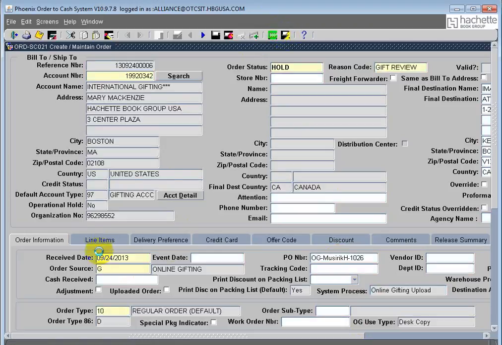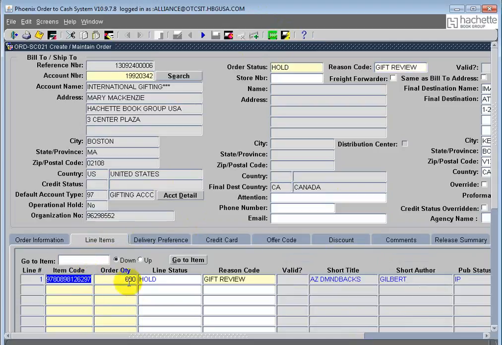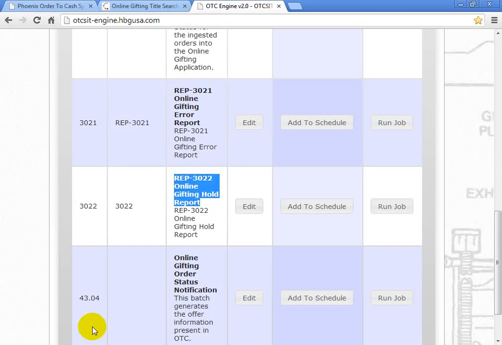See, I have provided order quantity 600, which is greater than 500, so the order status is hold and the reason code is gift review. Now these orders should come in the hold report. Let me run the report and I will show you.